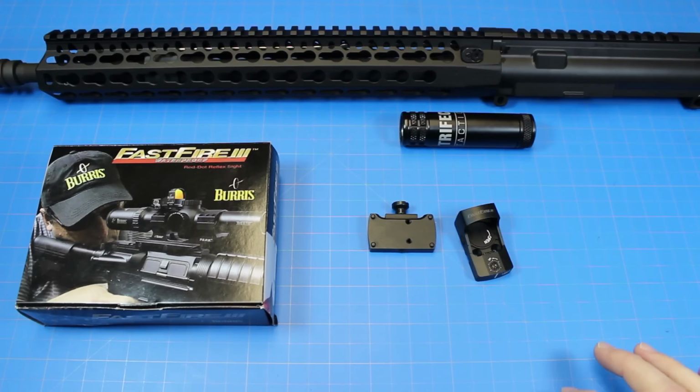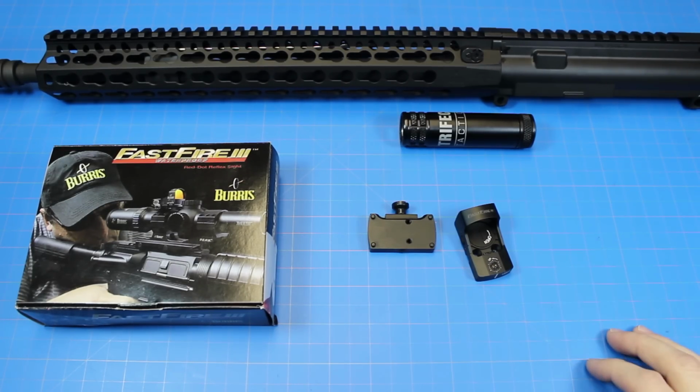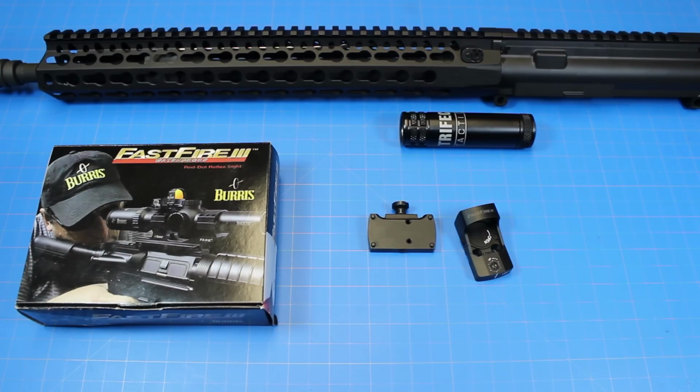If you want to touch your keyboard and say something about what are we going to do for a riser, why didn't we get a riser, the riser is going to weigh more ounces, we're not getting one, don't waste your time. This is how Tim likes to run his rifles, so if it works for him, it works for me. Now let me move the Burst Fastfire stuff out of the way and we'll get on to the Trifecta